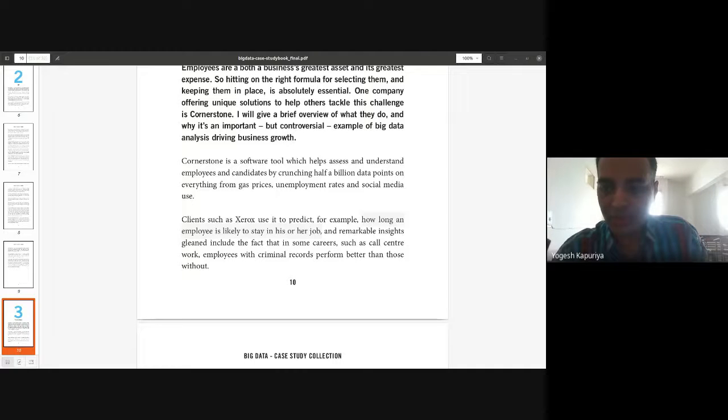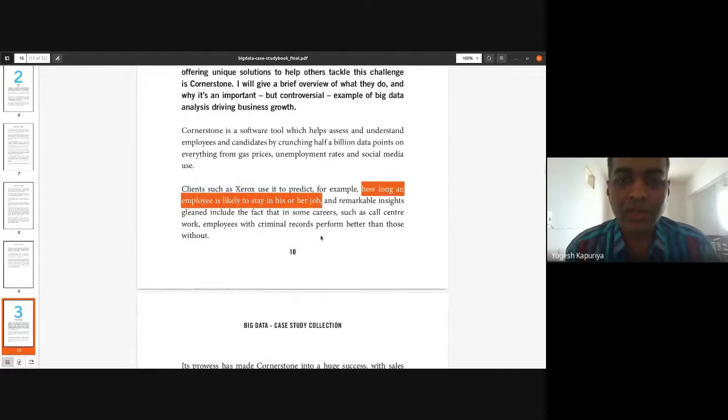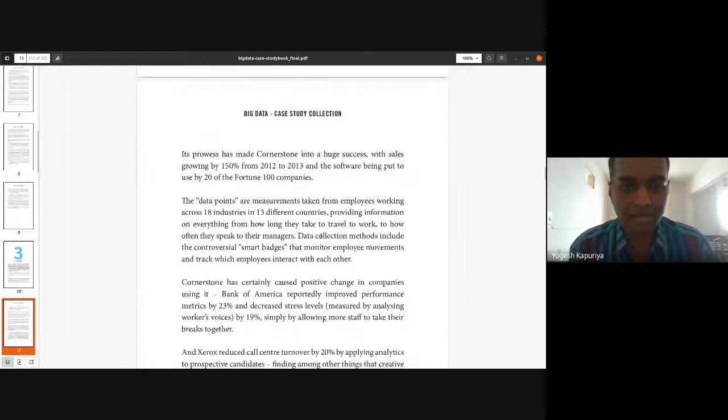because they have to train new people, they have to plan out training programs and lots of stuff, and it has a huge cost when it comes to the service industry. So obviously they need a tool which can assist them to find out, based on some data points, what are the chances that this particular employee is going to stay with our company.